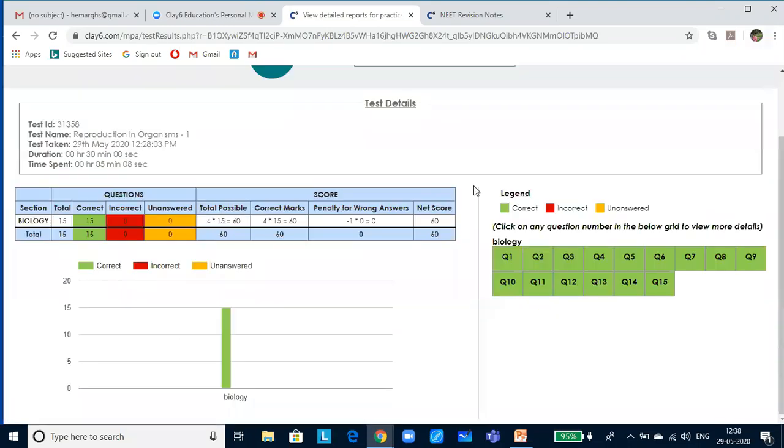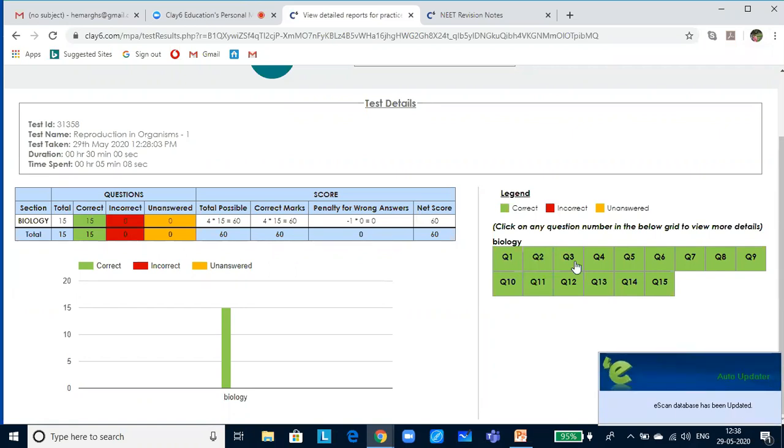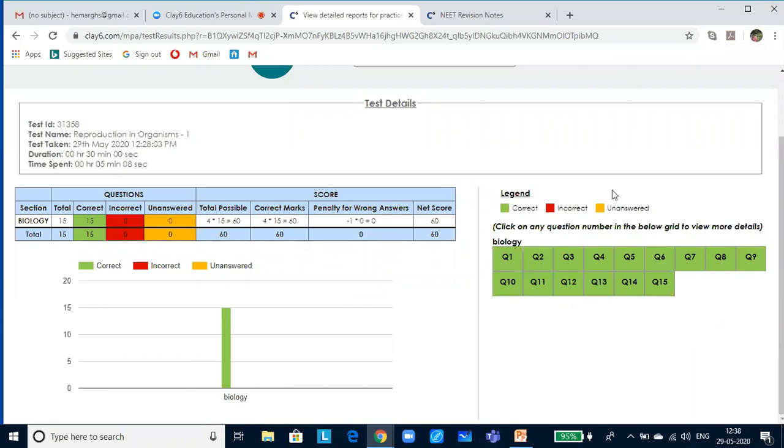So here you see all the answers are correct. If some answer is wrong, then it will be showing in a red color. If you click it, you will be able to identify your answer and also the correct answer. In this way, it is really going to help you to analyze your mistakes because an explanation is also given. If it is unanswered, it will be showing in yellow color. But if you do not know the correct answer, don't try to just make a wild guess. If you do that, it is going to cost you from your total. You will be losing 1 mark because there is negative marking.